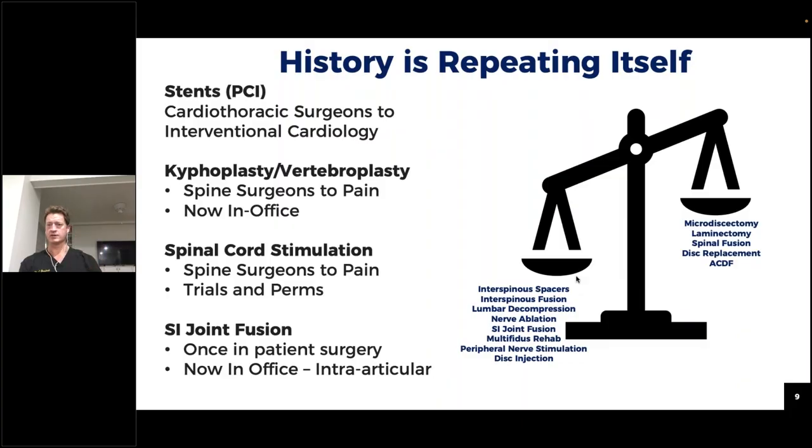And we've already discussed the kyphoplasty, and we know that it's already switched, instead of the traditional lami paddle for the stimulator, we're seeing the percutaneous, and now SI joint fusion being even in office. That's minimally invasive in that regard.